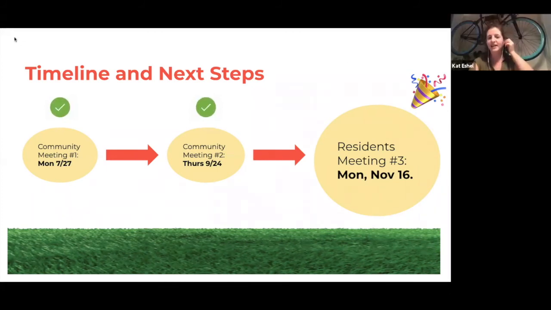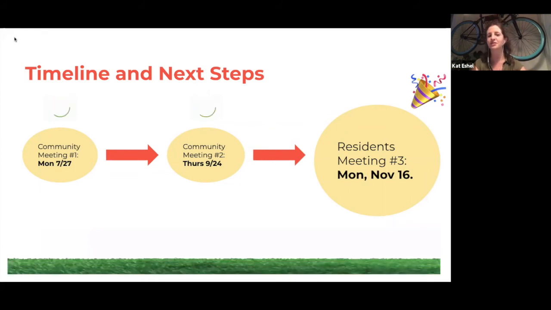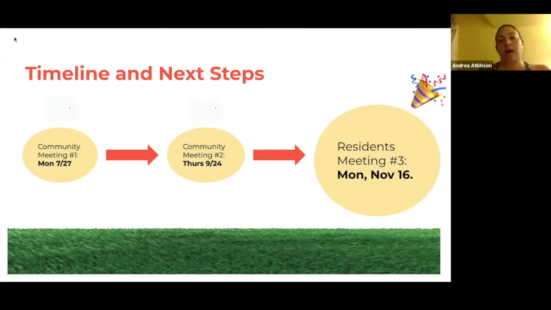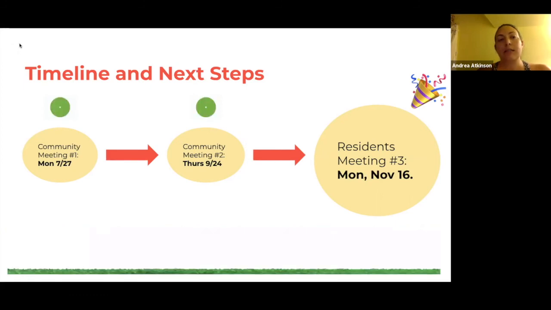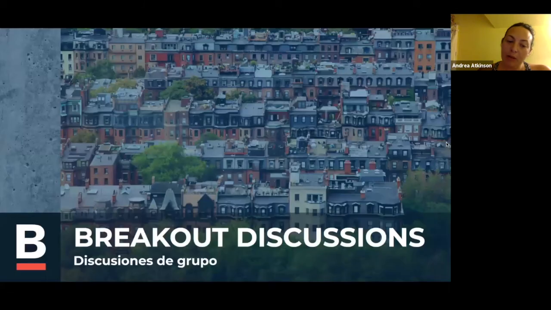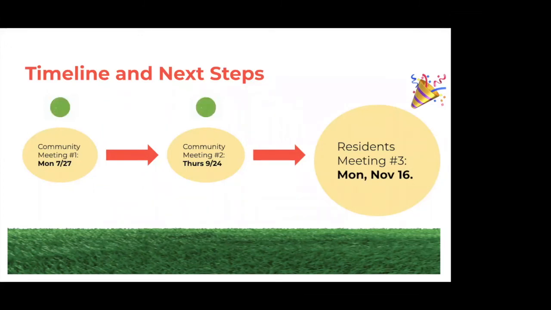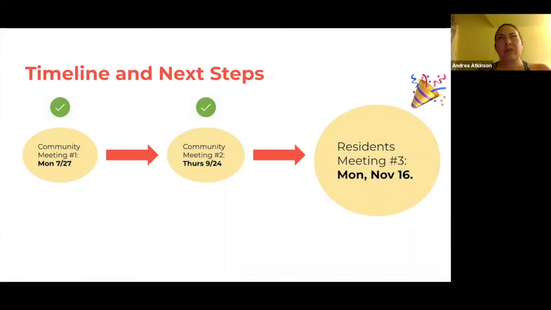Okay, thanks, Andrea. We did get a question asking about who is in the resident advisory group. So I'm wondering if you could share a little bit about who was invited and how that happened with the community partners. Sure, absolutely. So our main lead is called ACE, Alternatives for Community and Environment. They are the primary environmental justice organization in Boston. They have pulled in City Life Vida Urbana and Chinese Progressive Association, and